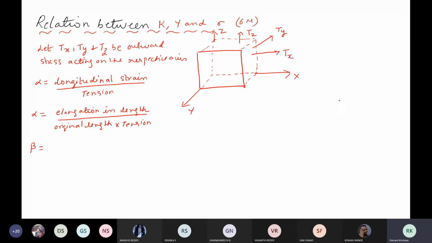I'll draw one diagram here. You remember this? I said that I have a wire, okay, and this is a force acting here. Let us say this force is Tx for us now. Okay, now this Tx will increase the length of the wire. But in this direction, the compression of the wire is happening, that is the diameter is decreasing. So here the two forces acting will be, in this case, Ty and Tz.